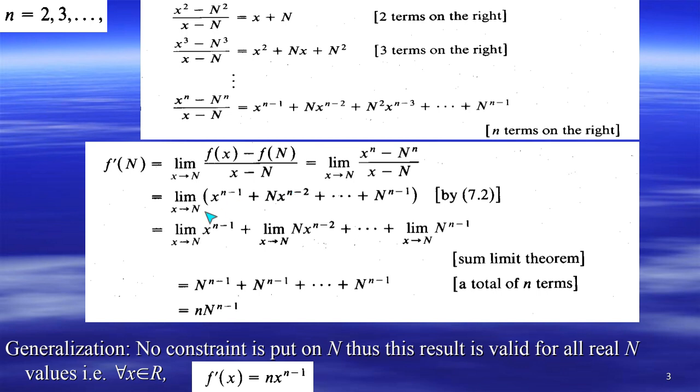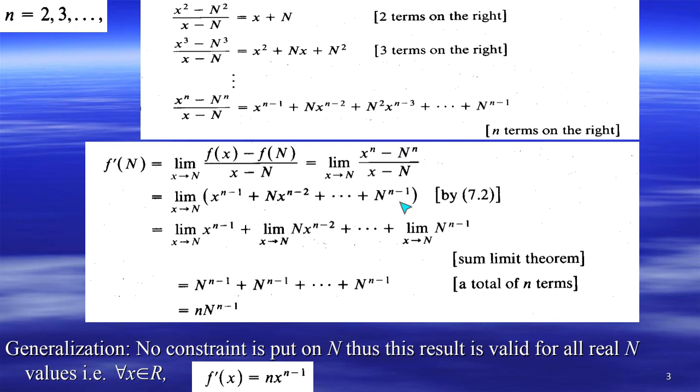We know that the limit of a sum is the sum of the limits of the adding terms. So using this theorem, the sum limit theorem: the limit of a sum is the sum of the limits of the particular terms making this sum. So